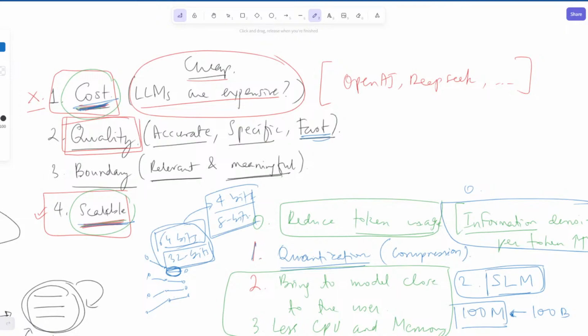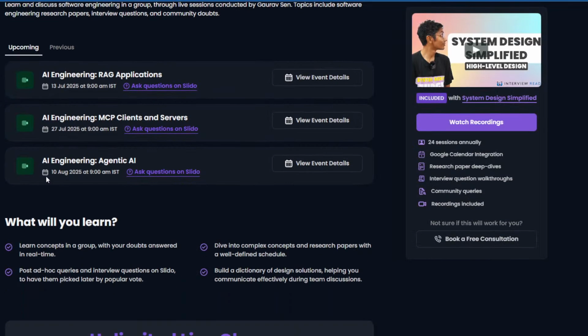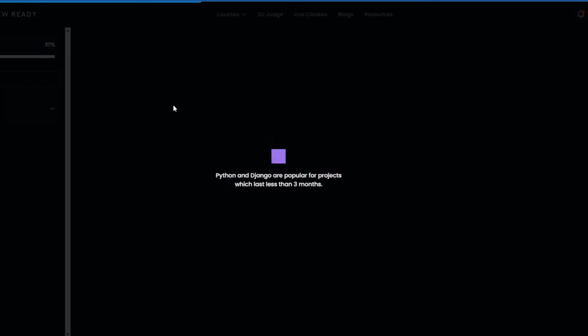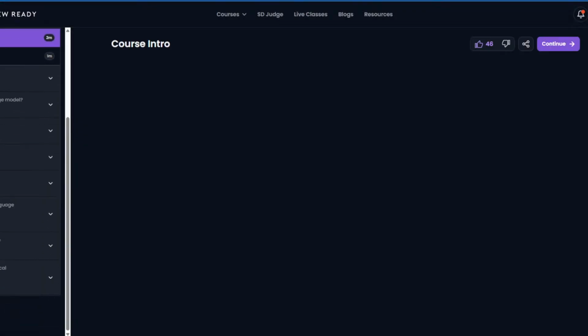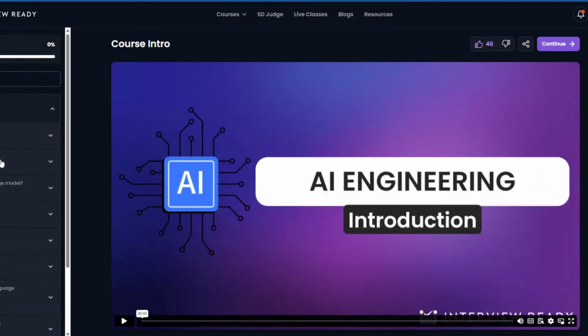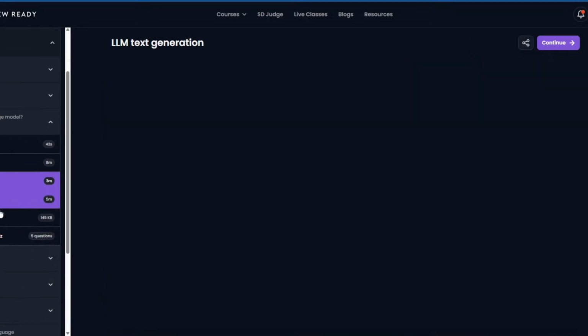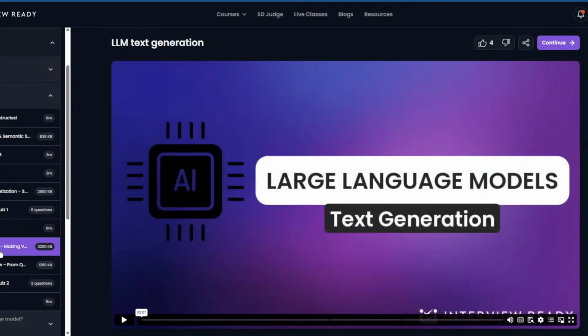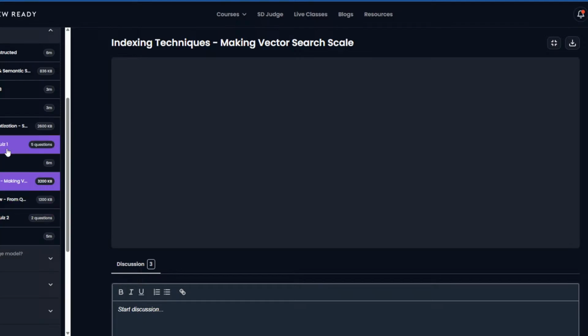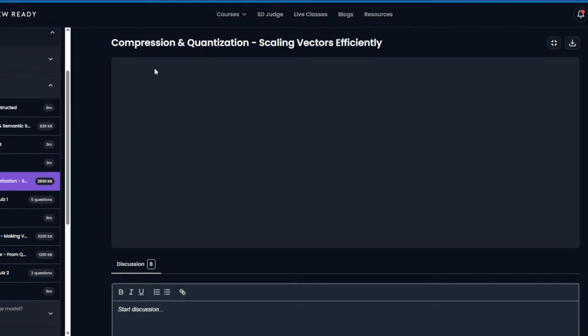Okay, if you want to understand these in more detail, I have them covered at Interview Ready. So it's before Transformers Deep Dive, it's here. What are vectors? What is a large language model? Text generation, we discussed this in detail. Even vectors, indexing techniques, and compression and quantization. Okay, so this is relevant.